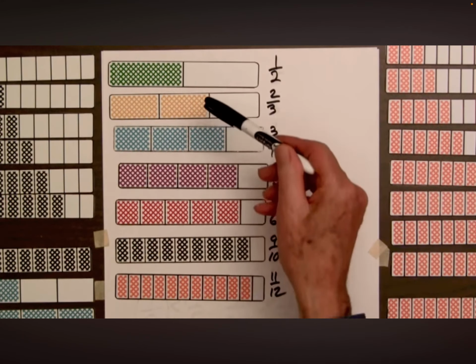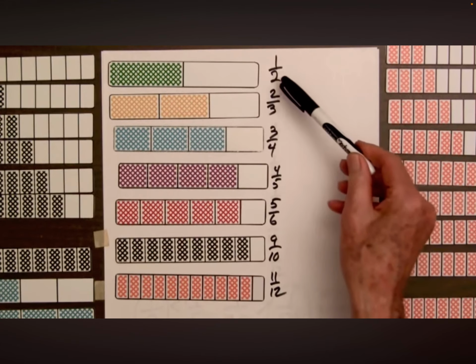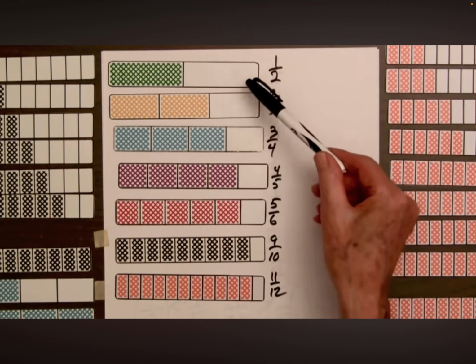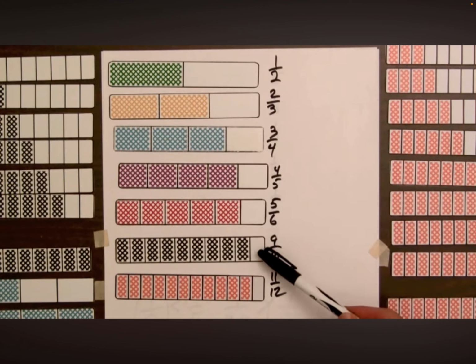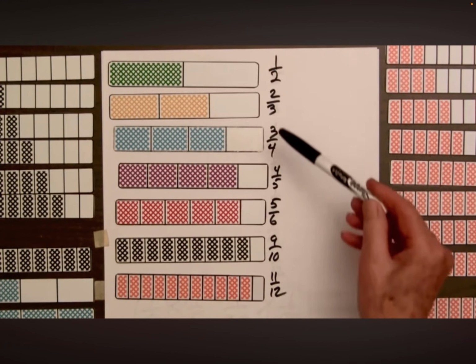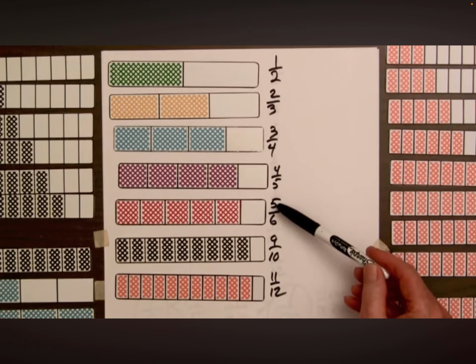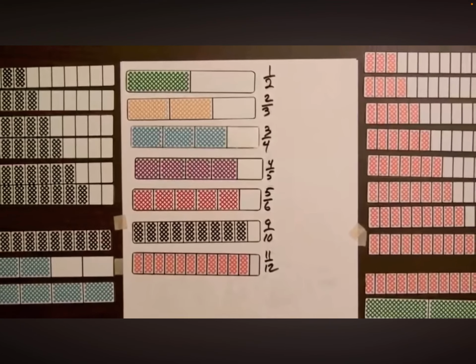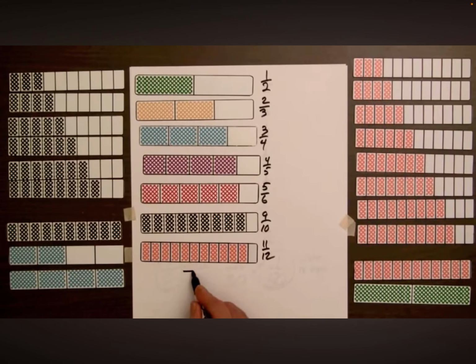So the shaded amounts of the bars increase, and these fractions increase from 1/2 to 11/12 and get closer to 1. Now some students might notice the unshaded parts of these bars. These are getting smaller and smaller, and closer to zero. This is an important observation for determining inequalities of fractions such as these, where the numerator is 1 less than the denominator. For example, let's look at the fraction 7/8 and